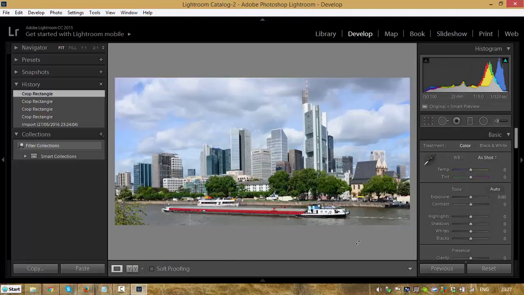Press the enter key. There we go. So press the enter key. When you've got the crop where you want it, just press the enter key. And that's my 2x1 image. It looks more like a panorama now than the original image did. So what I need to do now